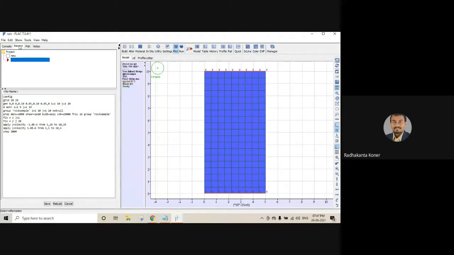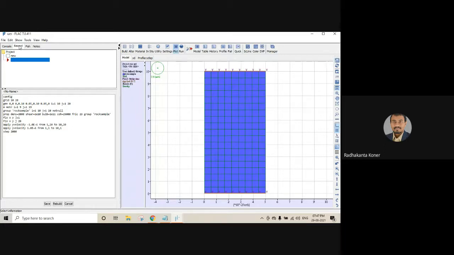If it is found from the profile that the unbalanced force is on the diminishing side and reaches its flat curve, with no more decrease after some steps, then I can be pretty assured my model has reached the equilibrium state. So this is to be ensured. These are the principal points that we have to remember and follow, and accordingly the command will be reflected in the console window.